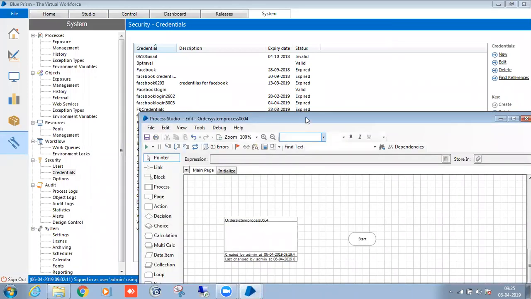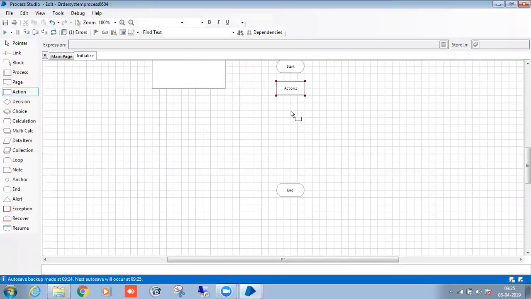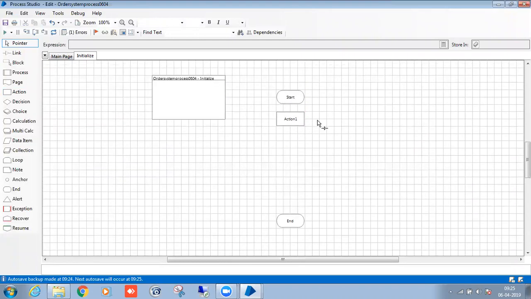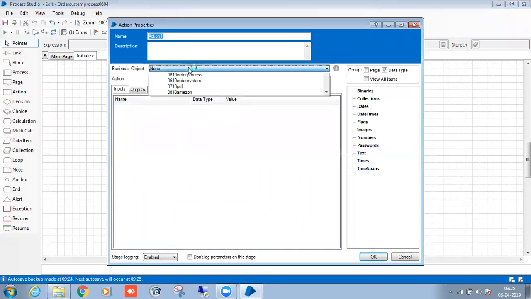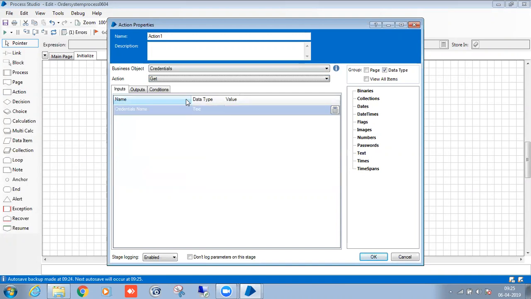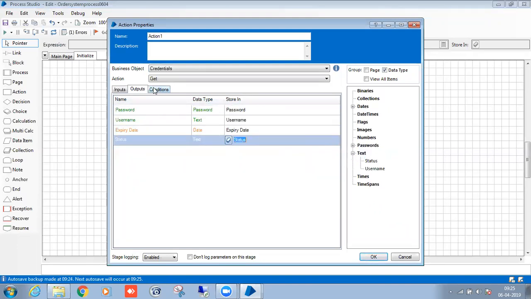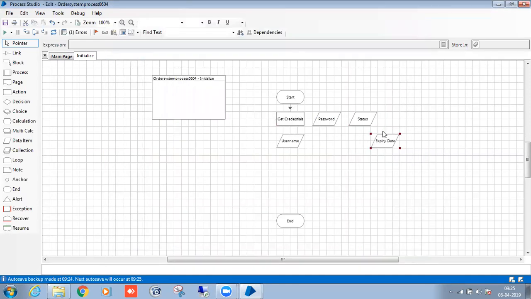Right. So first, same thing, I will get the credentials here. Right, I'm getting the credentials.